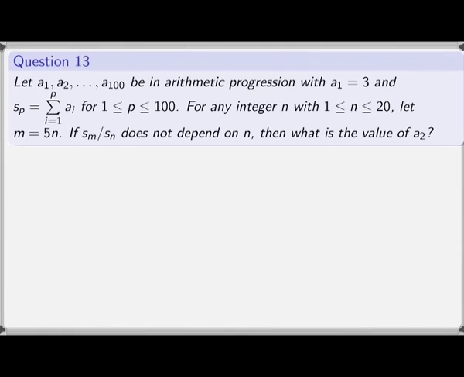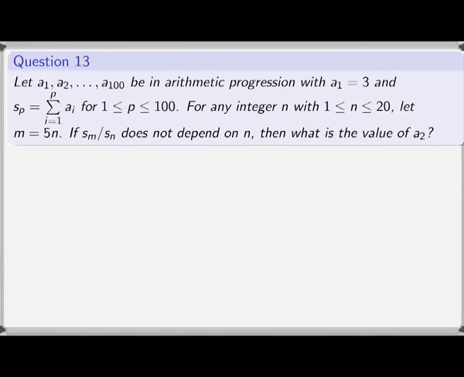Let A1, A2 up to A100 be in an arithmetic progression with A1 being 3, and let us call the sum over i running from 1 to P of Ai as SP, for all 1 less than or equal to P less than or equal to 100. For any integer n with 1 less than or equal to n less than or equal to 20, we take m to be 5n. Then if Sm by Sn does not depend on n, we shall find out the value